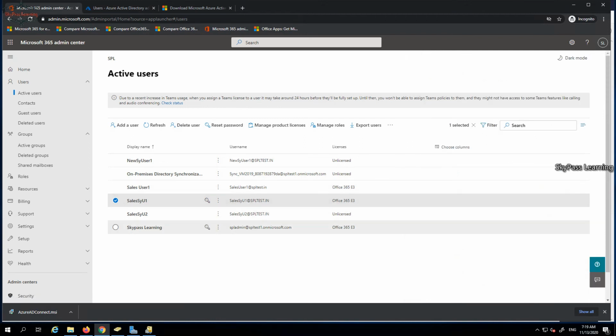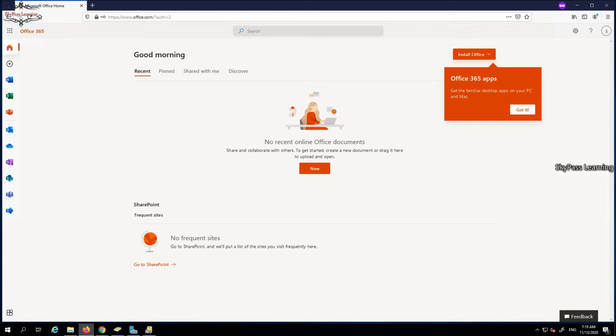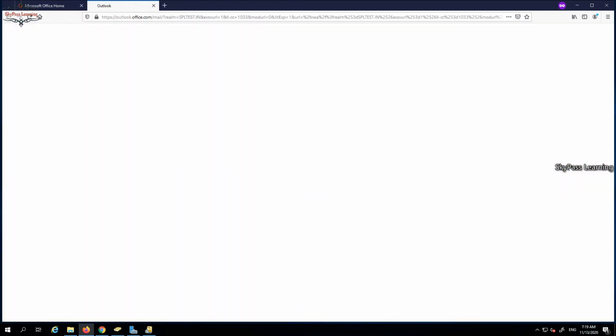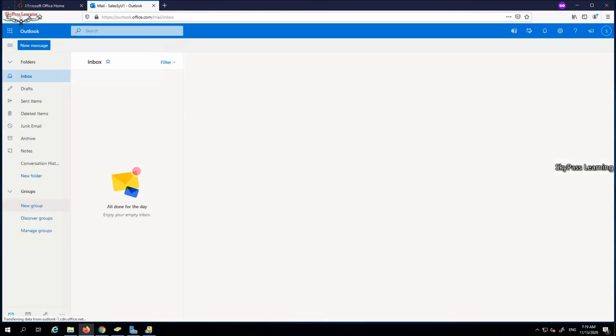So I created a user in the on-premises, assigned the password in the on-premises, and then I am trying to log in here. I can see I am able to access it. If I go into Outlook, I am able to access Outlook also. I am able to send emails or whatever.